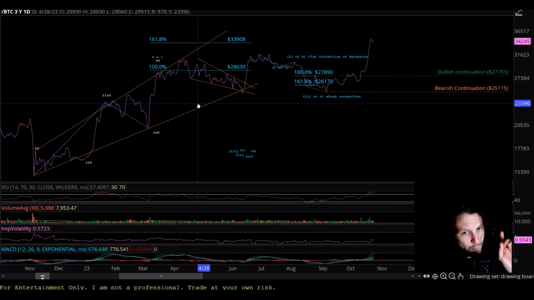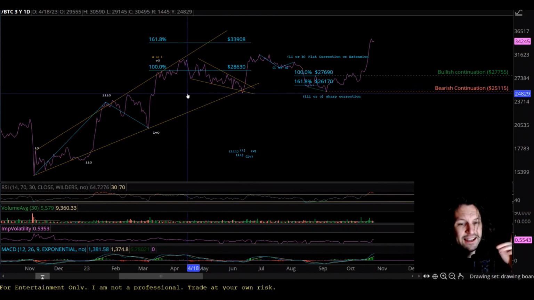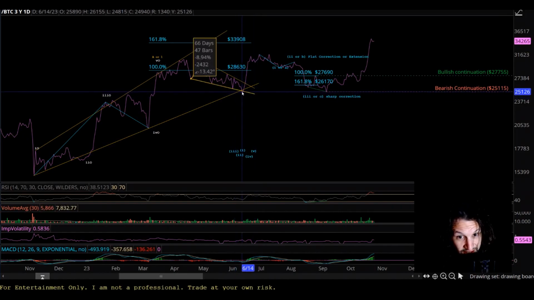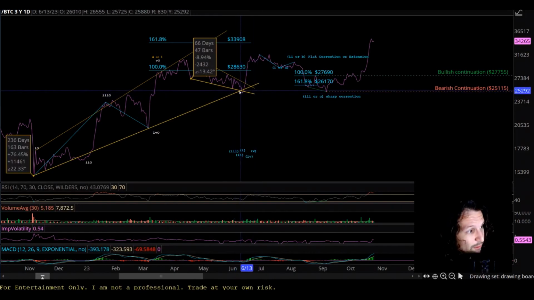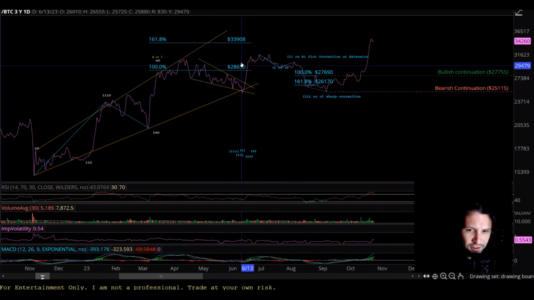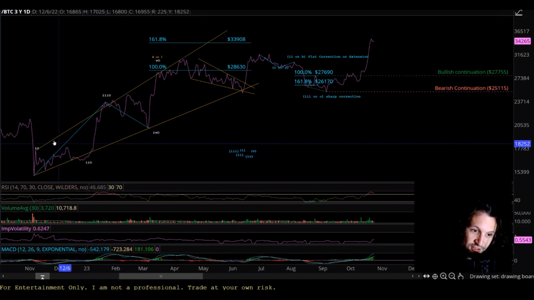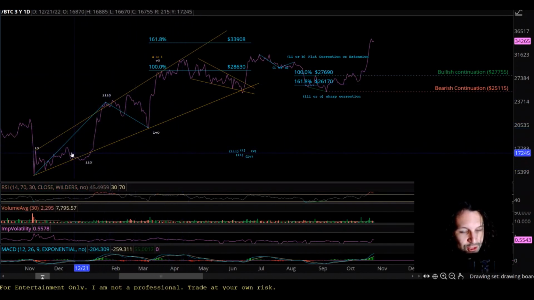And so much better characterized as just some sort of triangle, just a corrective triangle in a constricting price range. Not a big deal. Look at this again, that little underthrow where price breaks the pattern, and then guess what? Just reverses and goes the other way. That's very common at the end of triangles. And of course, here in the reverse triangle, it happens at the beginning,